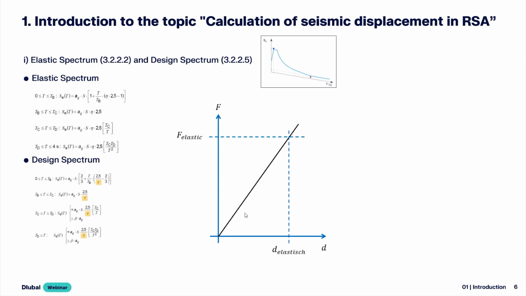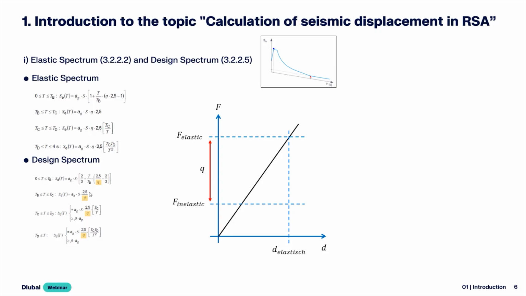The black line represents the elastic response of the structure, and that's the assumption of this kind of analysis. RSA is a linear analysis, and we can perform this analysis represented with this line. Now we know that in reality the structure is going to exhibit some degree of inelasticity. The difference between the forces can be